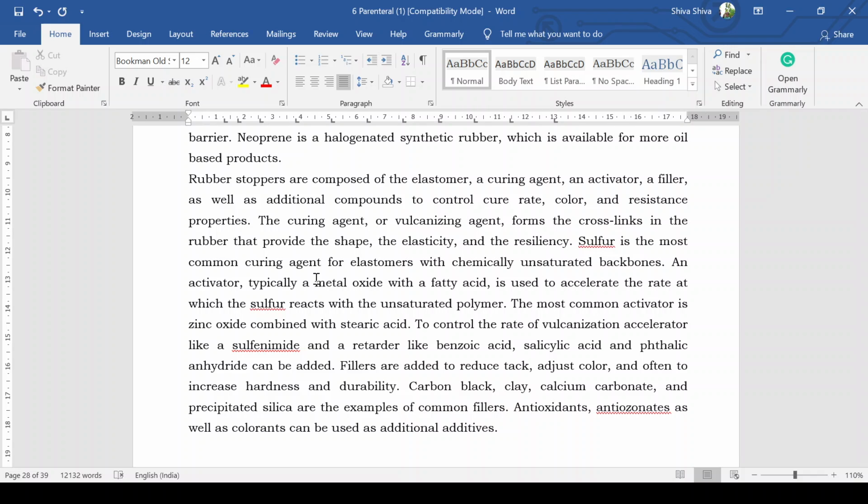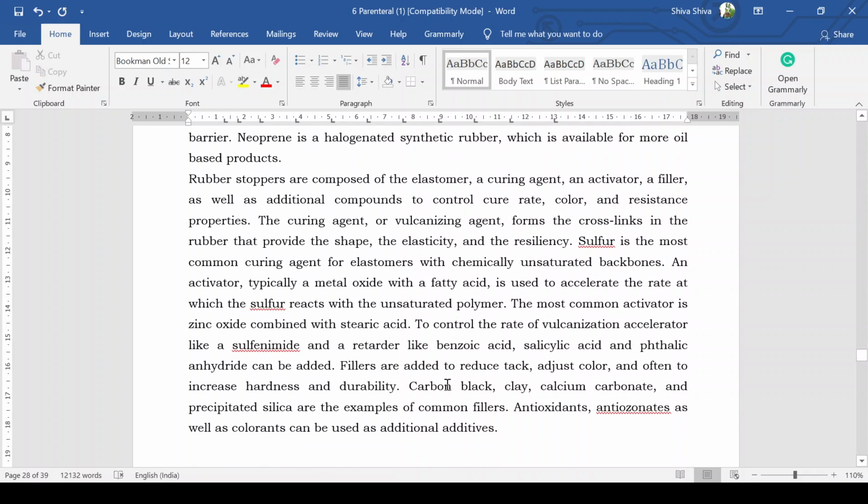An activator, typically a metal oxide with a fatty acid, is used to accelerate the rate at which the sulfur reacts with the unsaturated polymer. So what does the accelerator do? It basically increases the reaction of sulfur with your unsaturated polymers or elastomers. The most common activator is zinc oxide combined with stearic acid. To control the rate of vulcanization, accelerators like sulfanilamide and retardants like benzoic acid, salicylic acid and phthalic anhydride can